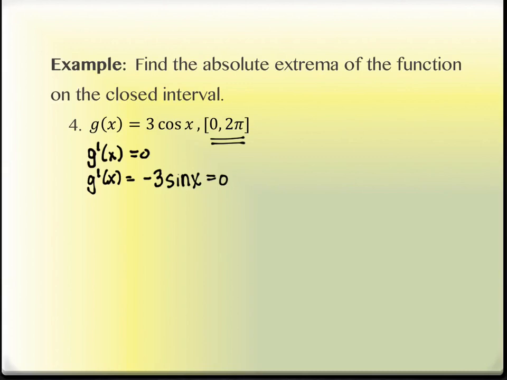Let me actually make one comment. I can divide by negative 3. The negative 3 doesn't change anything on this problem, so really I'm finding where the sine of x is equal to 0. That's the jump I made. I didn't write it, I'm sorry. So where is the sine of x equal to 0? At the angle measure of 0 and 2 pi. Anywhere else? At pi. Yeah, so it's every half